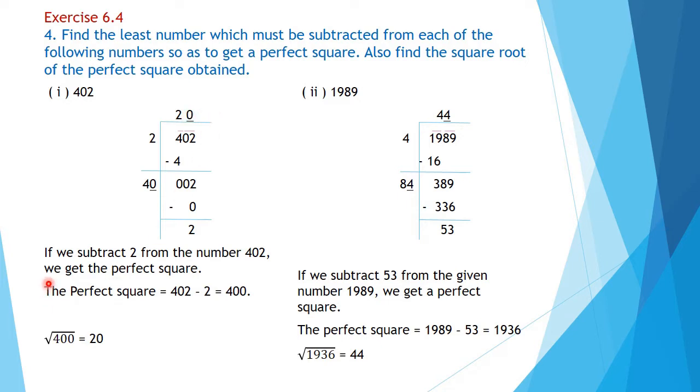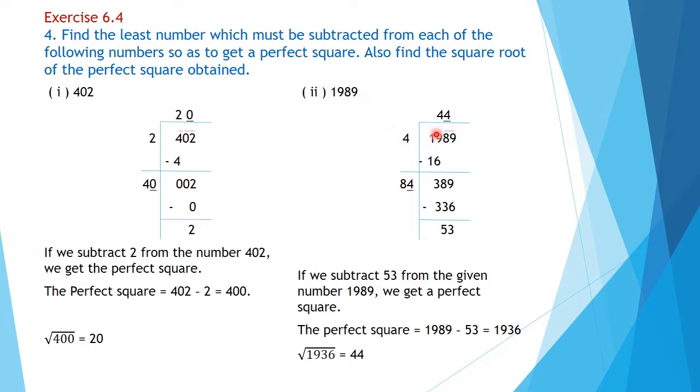So, we write the steps as: if we subtract 2 from the number 402, we get the perfect square. The perfect square is 402 minus 2, equal to 400. What is the square root of 400? 20. We have already got the answer here, 20. Okay, that we are writing here. Okay, children. Now, next question is